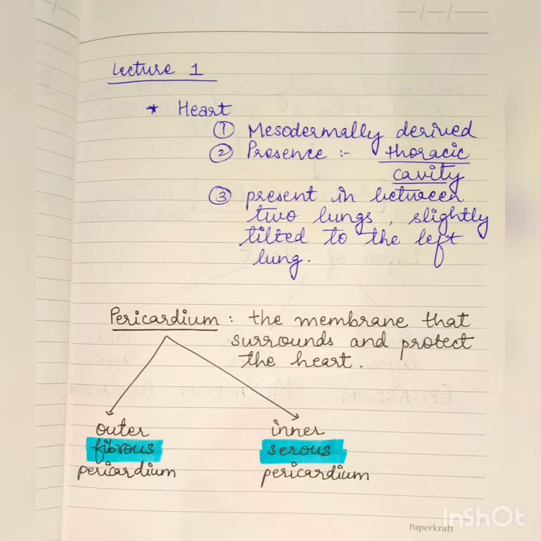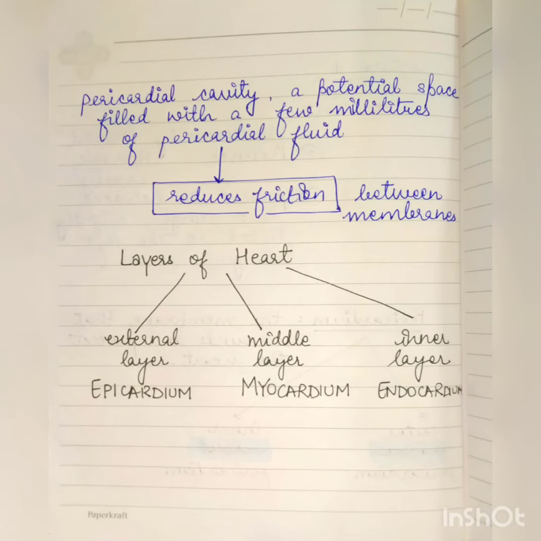Heart is mesodermally derived, present in the thoracic cavity. It is present between two lungs, slightly tilted towards the left, and the membrane that surrounds and protects the heart is the pericardial membrane, the fibrous pericardium, and the serous pericardium. The fluid which is present in between these pericardial membranes is termed as the pericardial fluid, and it reduces friction